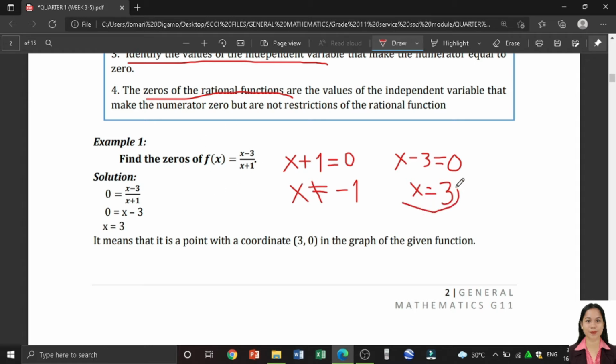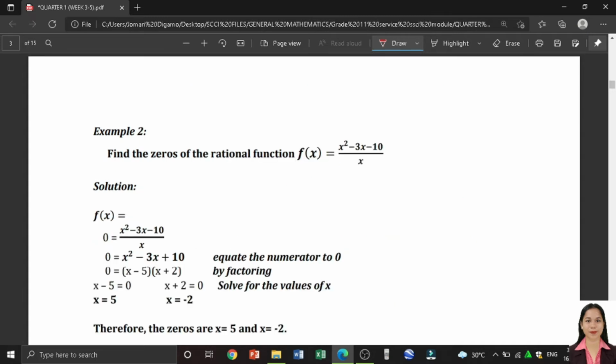Ito lang yung pwede. Therefore, the coordinate 3, 0 in the graph of the given function are the zeros of the rational functions. Okay. Next example is we have find the zeros of the rational function f of x is equal to x